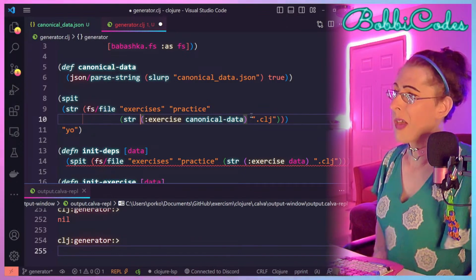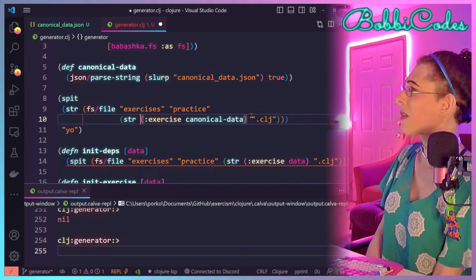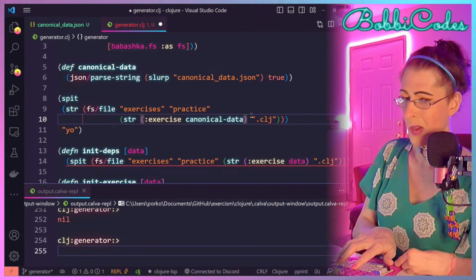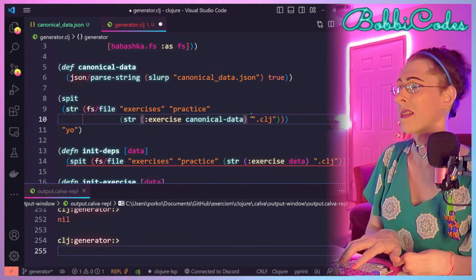that.clj. However, we're going to need to turn any hyphens into underscores because Java.